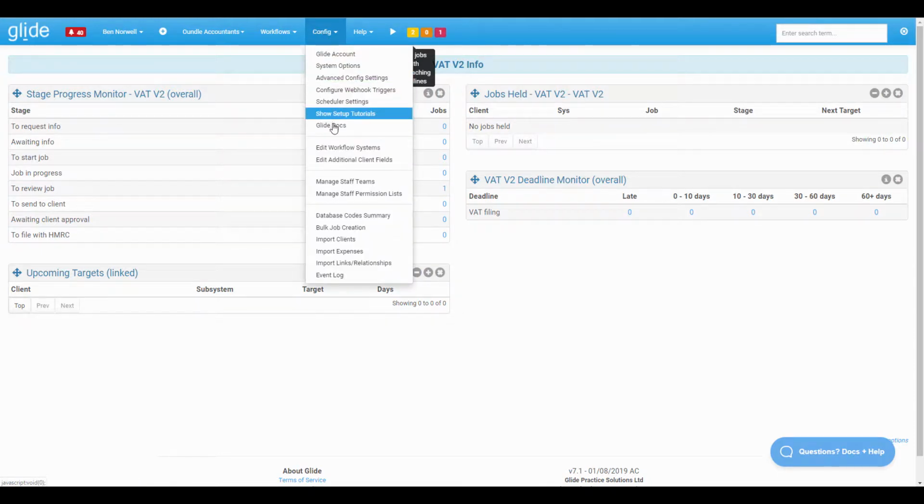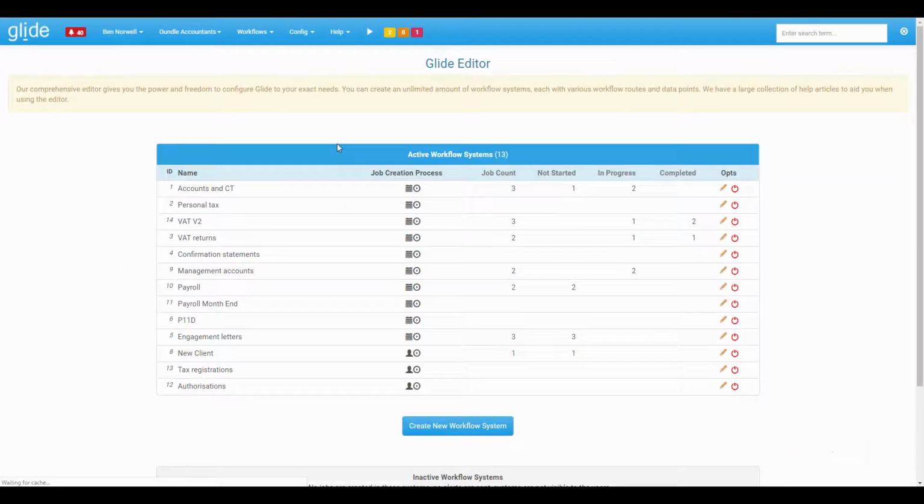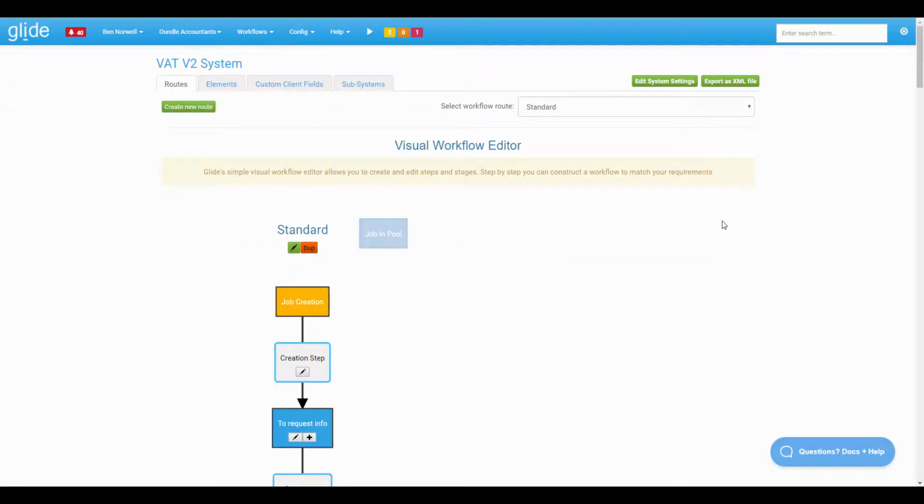In my opinion, the far more important concept in Glide is target dates. And the reason for that is that, again, thinking of, for example, the year-end work, maybe you're creating a job year-end minus 2 months. The ultimate deadline is year-end plus 9 months. That's an 11-month window. Now, if I'm an organized client wanting my work done maybe within 1 or 2 months